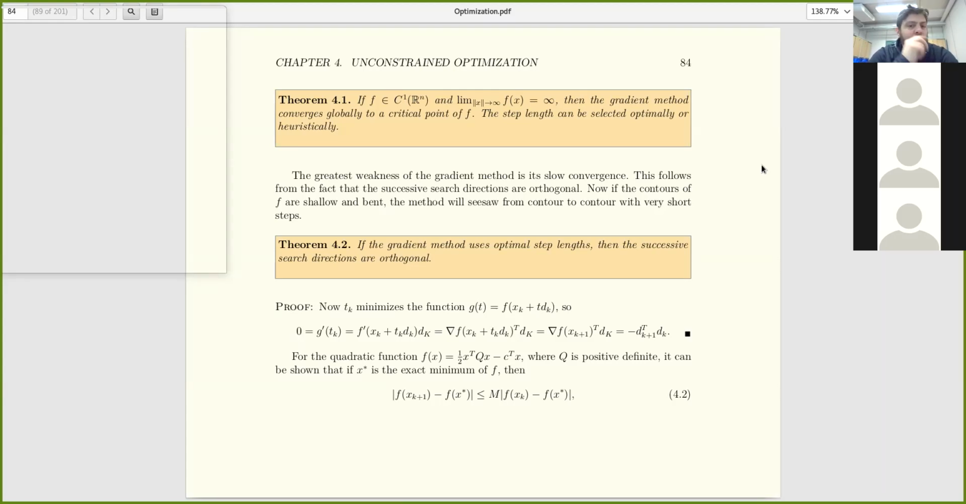This comes from theorem 4.2. The weakness of the gradient method is that if we use the optimal step length, meaning that we go all the way into the direction of the negative of the gradient to a point where g, if we solve the line search problem, the derivative of g of t is 0, then in fact we arrive at a point where the new gradient is orthogonal to the old gradient, so that the successive search directions will always be orthogonal. And in the exercise, we shall see